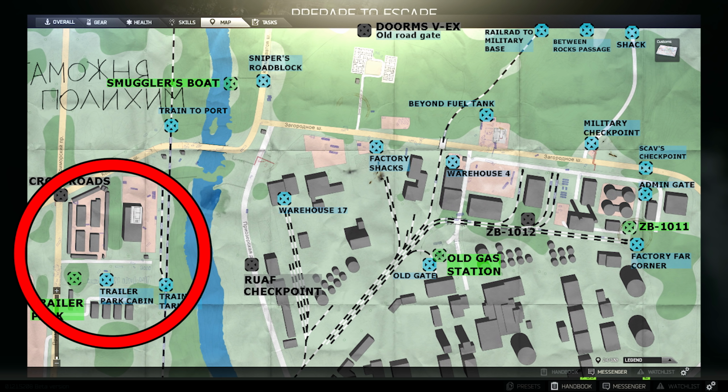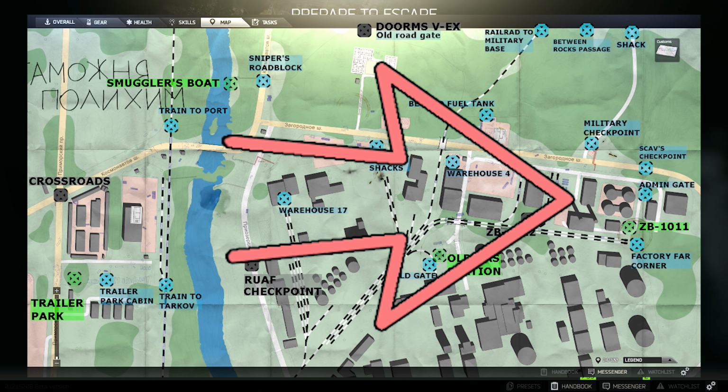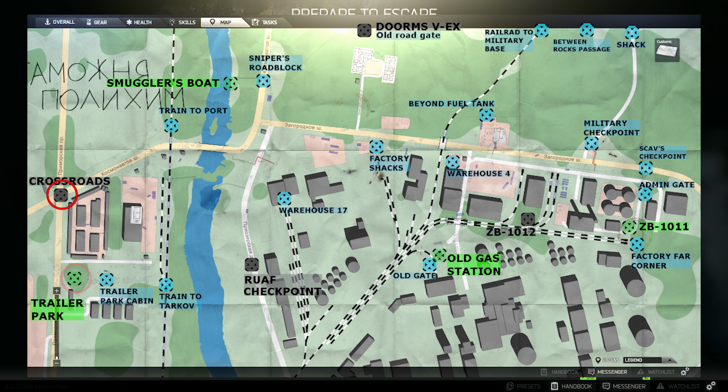If you spawn on the west side of the map, you have to make it to the east side of the map to extract. For example, if you spawn near Crossroads or anywhere pretty much west of the river, you're going to be extracting at your primary extract at ZB 1011. This means you have to go all the way across the map and get to that extract zone. If you spawn on the east side of the map, you have to go westbound. If you spawn on the east side of the river, you have to get to Crossroads or Trailer Park to